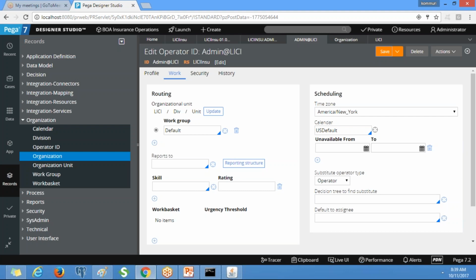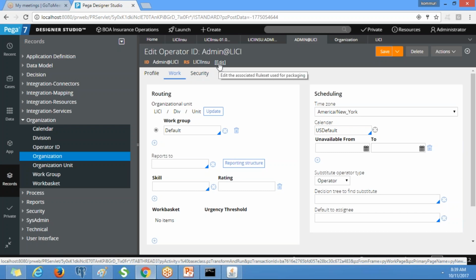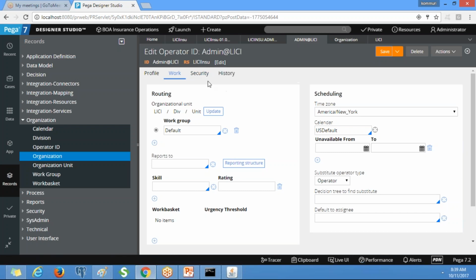Which option? So this we can change. Edit means we can modify the rule set name. So what are the things we have created? Organization, division, unit, and operator rule set. So we are going to change it to our rule set.